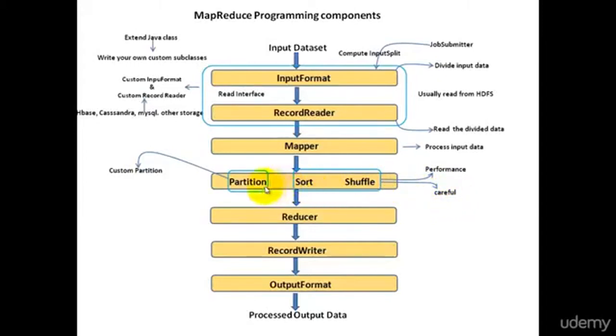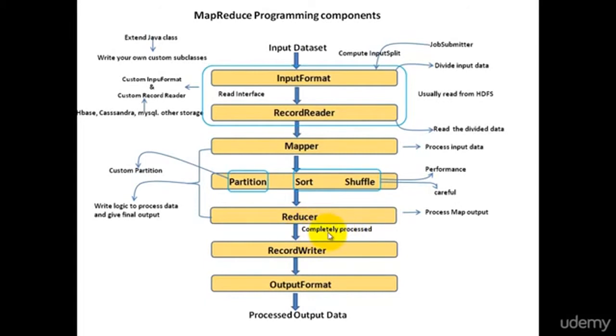After the map output is partitioned, sorted and shuffled, reducer comes into picture. In the reducer, again you write your logic on how you want to process the map output. In fact, mapper and reducer is where you write your logic to process the input data and get the final output. It all depends on what is your requirement and what problem you are solving.